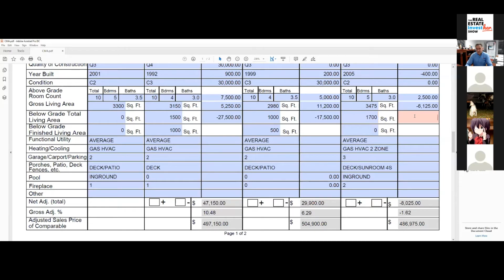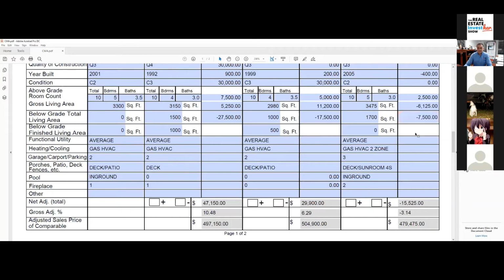It has a basement. If it has a basement, there has to be an adjustment. $7,500. Remember? $7,500. So here we go. And $7,500 credit,